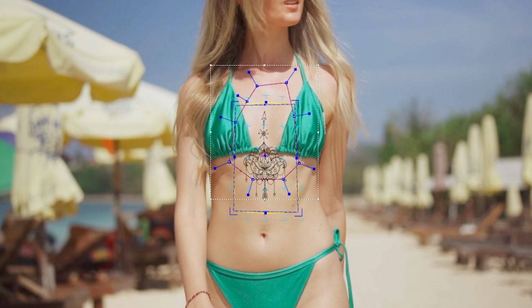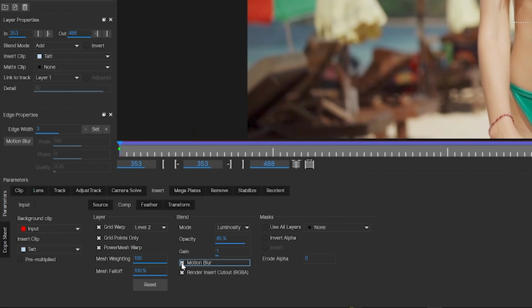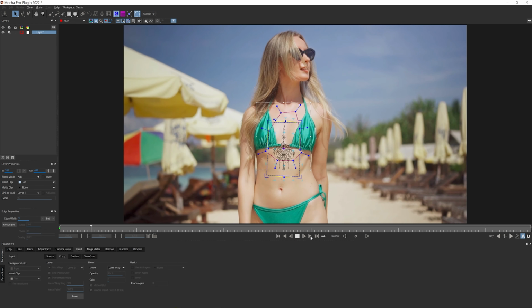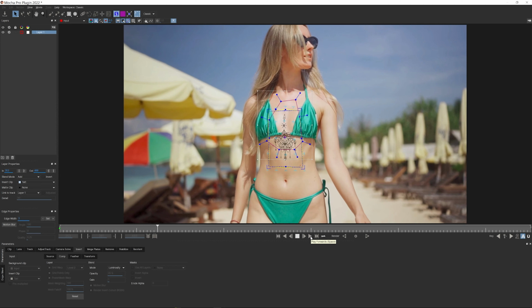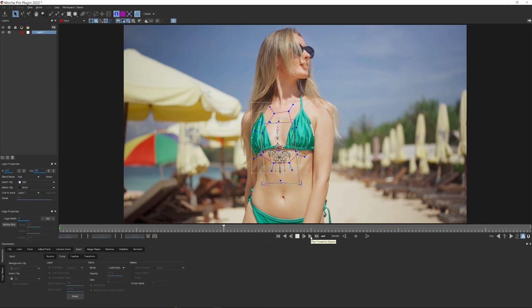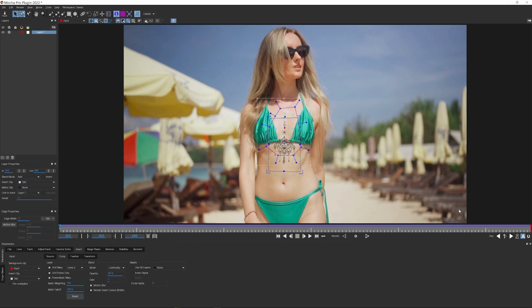So by lowering the opacity, it's going to make that look a little bit more realistic. And we can also enable the motion blur right here, which is going to add motion blur to our movement and again make the entire thing look more realistic. So if we play this, we can see that now our track is perfectly sticking to our body. And so once you're satisfied with that, we can go back to the first frame, and now we can also